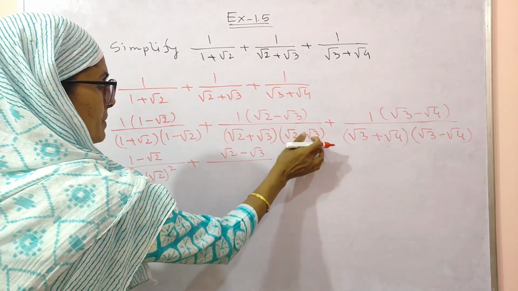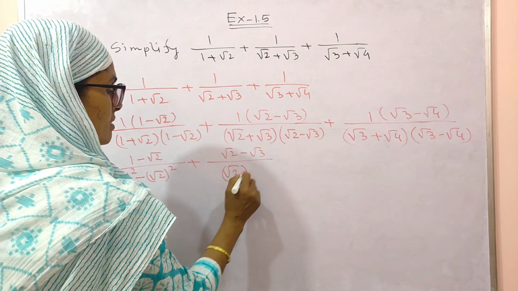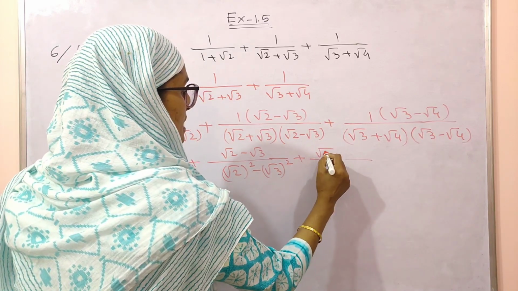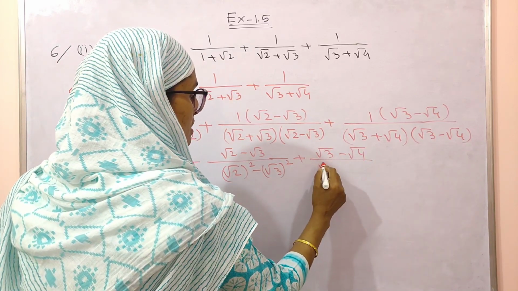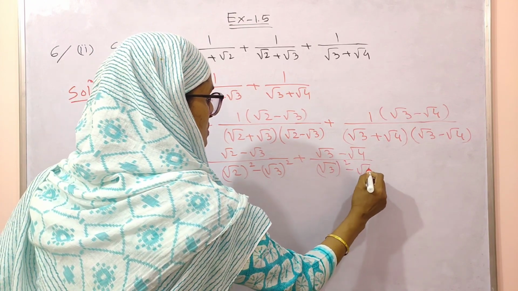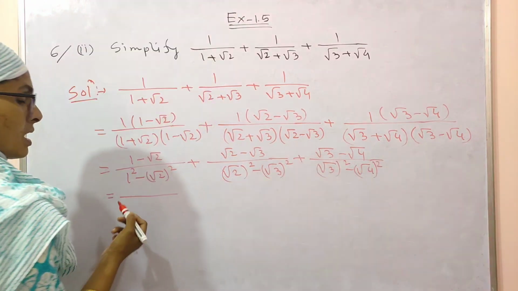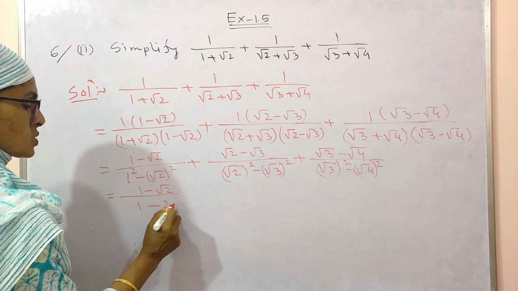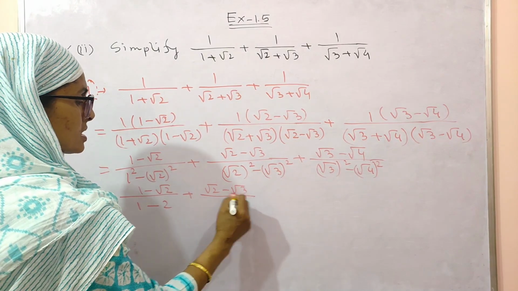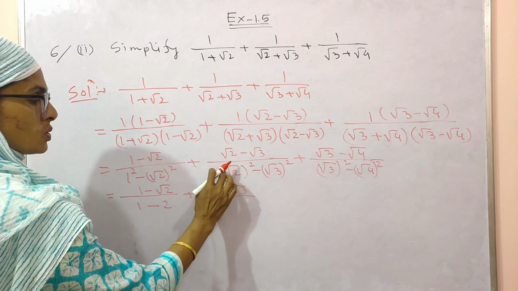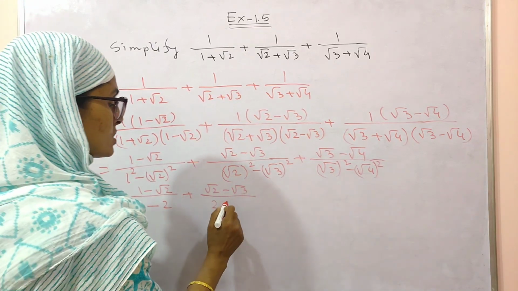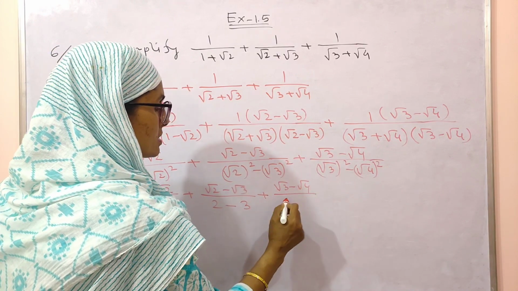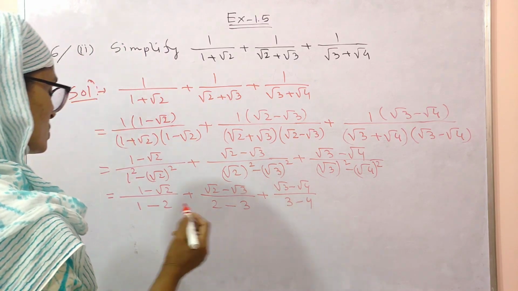Here also (a plus b) into (a minus b) form. That means root 2 square minus root 3 square. Next, root 3 minus root 4, here root 3 square minus root 4 square. Now write step by step. 1 by root 2 here, 1 square means 1, root 2 square means 2, plus root 2 minus root 3. Root 2 square means 2, root 3 square means 3, plus root 3 minus root 4, 3 minus 4. So you'll get